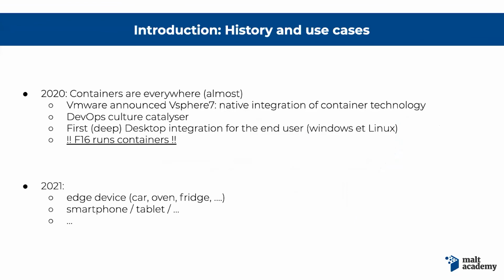So where are we today? In 2020, containers are almost everywhere. We always see them, of course, in clouds. VMware announced vSphere 7, which has a native and very deep integration of container technologies, especially the Kubernetes orchestration system. But in the year 2020, containers are really a catalyst of what the DevOps culture